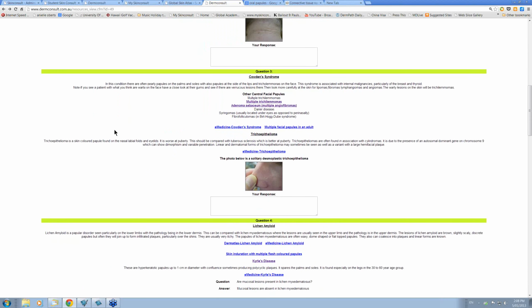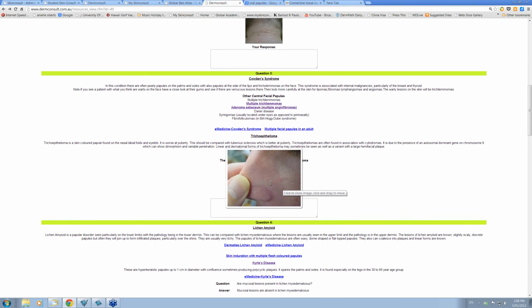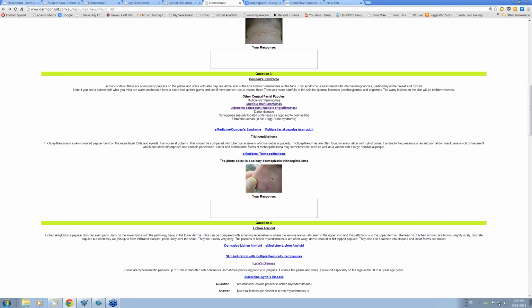Trichoepitheliomas you're going to see a lot, but you're probably going to see solitary trichoepitheliomas. They'll usually present on the face, especially the sclerosing one. Now this here was an example of a sclerosing trichoepithelioma. The lesion looks a bit like a morphoeic basal cell skin cancer, but in point of fact it's a tumor